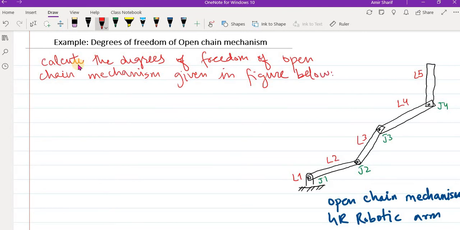Okay, so the first thing we do is write down Grubler's formula, and